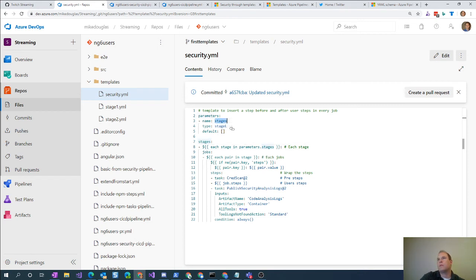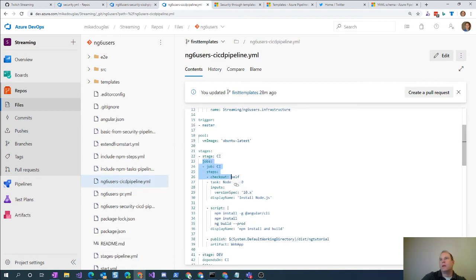Parameters.stages. I didn't like this. Which we look over here, stage, and then jobs. Stage has the